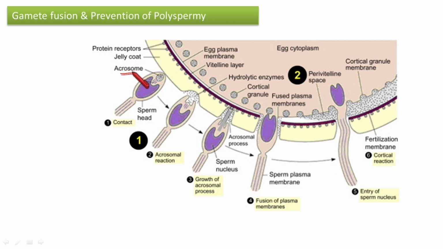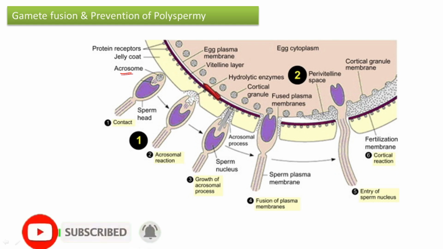And what is the acrosomal reaction? I am just checking your memory. The acrosome reaction is the process of fusion of the outer membrane of the acrosome with the sperm membrane. Because of that fusion, the content in the acrosome can discharge outside. It contains many enzymes that help the sperm traverse the zona pellucida and reach near